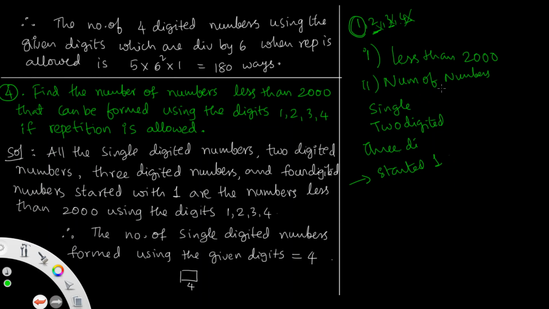And it is asking the number of numbers. So it may be a single digit, 2-digit number and 3-digit number. We can arrange them by using the given digits. First, single digit numbers, how many can you get? That means to fill up only one box by using the given digits. Maximum 4 digits are there, 1, 2, 3, 4. So 1 can be done, 2 can be, 3 can be, 4 can be. How many ways maximum? It can be done in 4 ways. So the number of single digit numbers formed using the given digits is maximum 4.